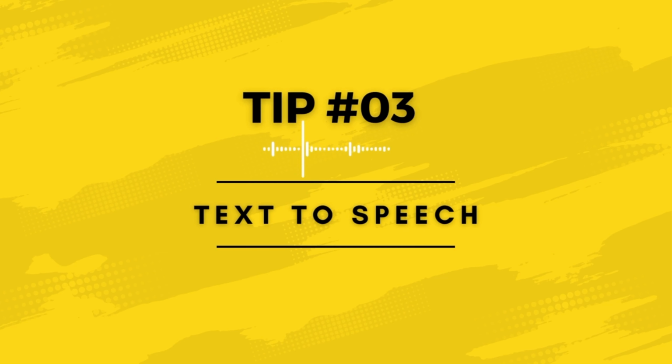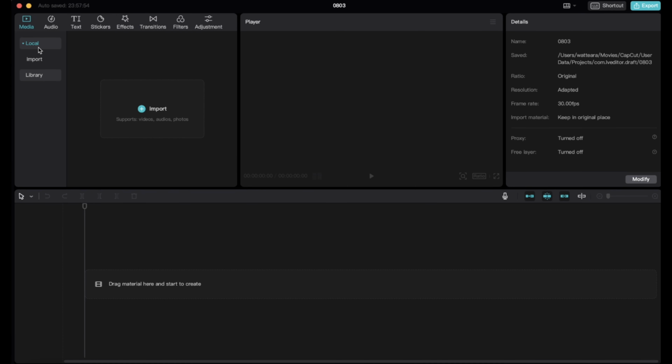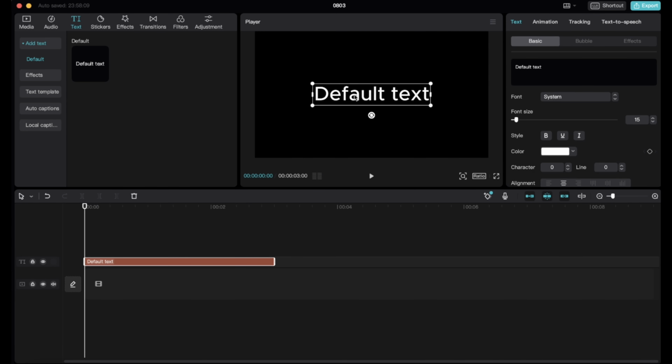You can convert text to speech or even text to a song within CapCut. First insert some text, then type some text in. Here I'll type my name is Paul, just to say Paul. Paul is not my name, but for this I will use Paul. Once you type in your text with the text object selected, go up and click on text to speech.